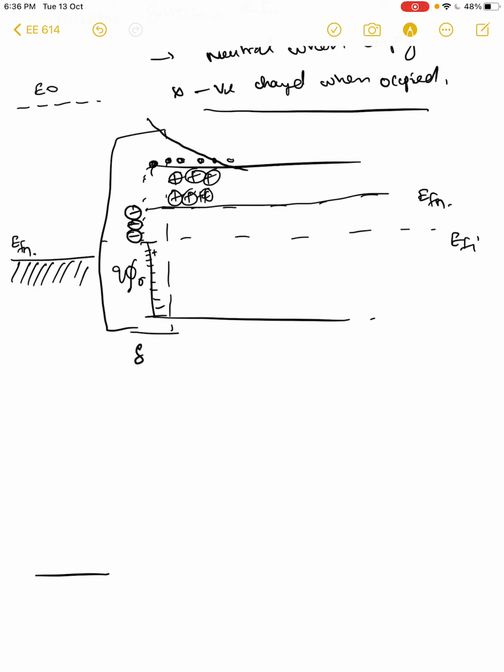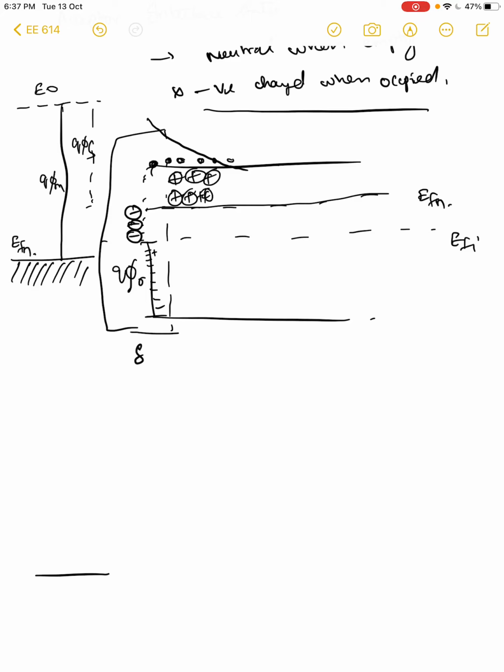So this is larger than this one. This is Q psi S. This is Q psi m. So Q psi m is larger than Q psi s. So the metal has a larger work function. So the electrons will now move from the conduction band in the semiconductor to the Fermi level in the metal, right? Also, you can think that the interface states will also start sharing charges, but let us go into it one by one.